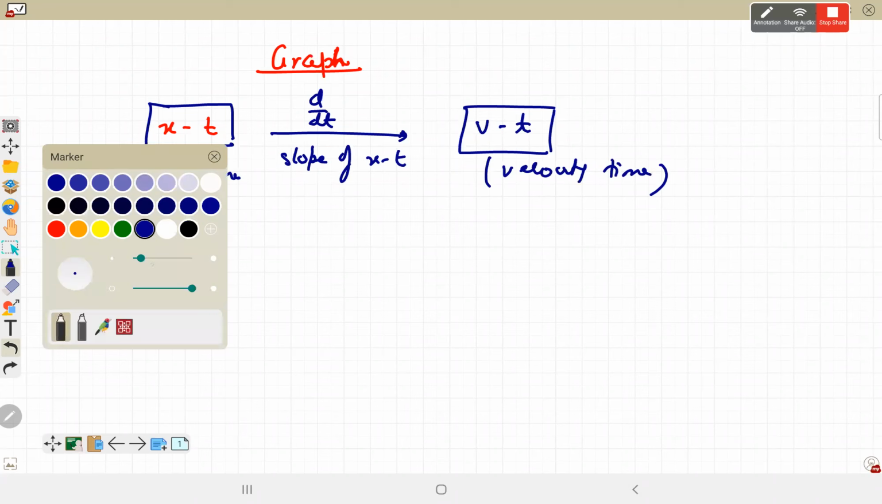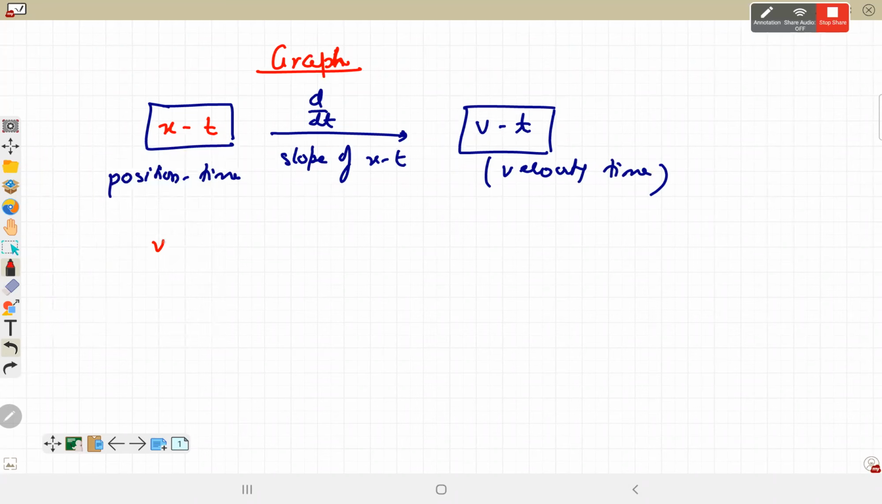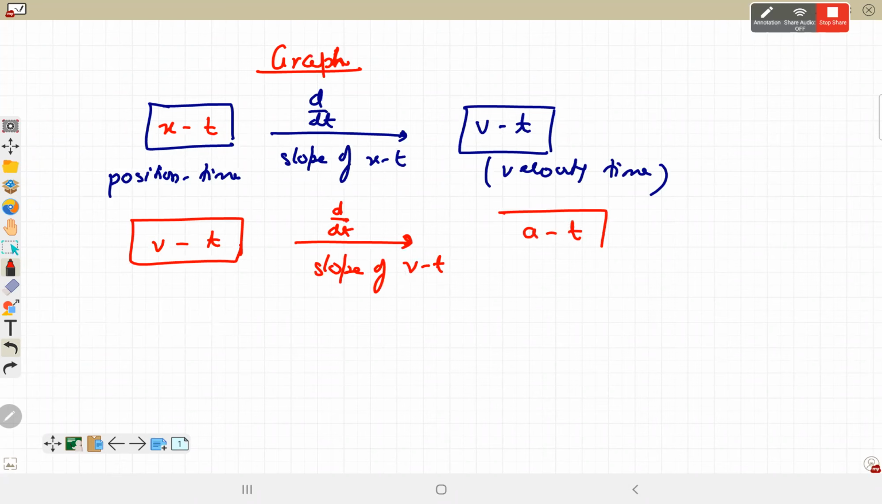So velocity time graph, if we do the differentiation, if we have the equation, otherwise if we have the graph, we'll find its slope. Slope of velocity time graph gives acceleration time, and that will be,